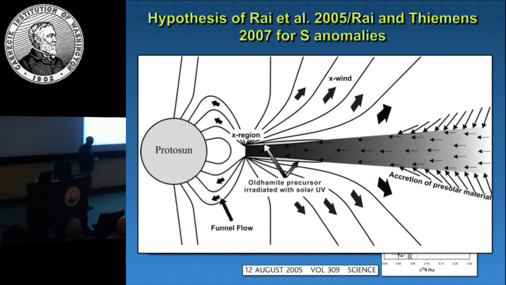And their model, basically, at the time they called on the X-wind. I think basically they were talking about any sort of wind that would excavate things and send them out here. They would have the achondrites being formed from material in the hot region in here where sulfide would be evaporated, and you might be able to get UV light. And then they would have had those chondrules. Their model was that it was injected out and then sent out here. So their idea was that it was all an inner solar system process.